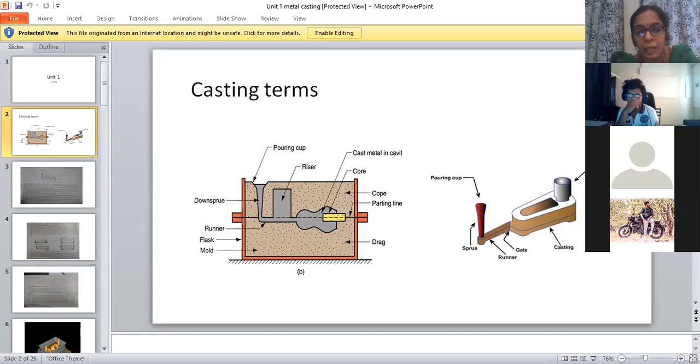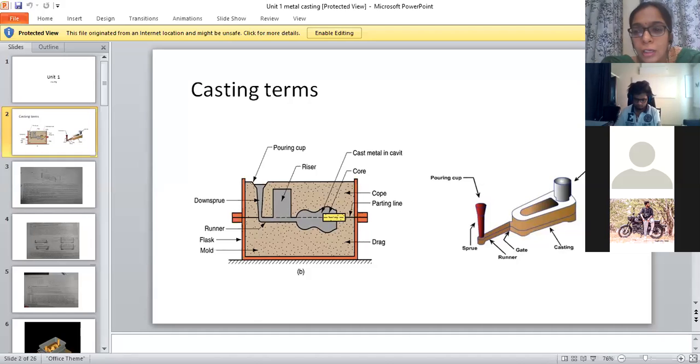Right. So here how they are placing the pattern, just a procedure. They are pouring the molten metal from the screw, and it will come out from the riser. And always there are two holes here, right? One is for the screw, one is for the riser. Always the riser size will be larger than the screw size. Remember, the size of the riser pin will be larger than the size of the screw. Okay.